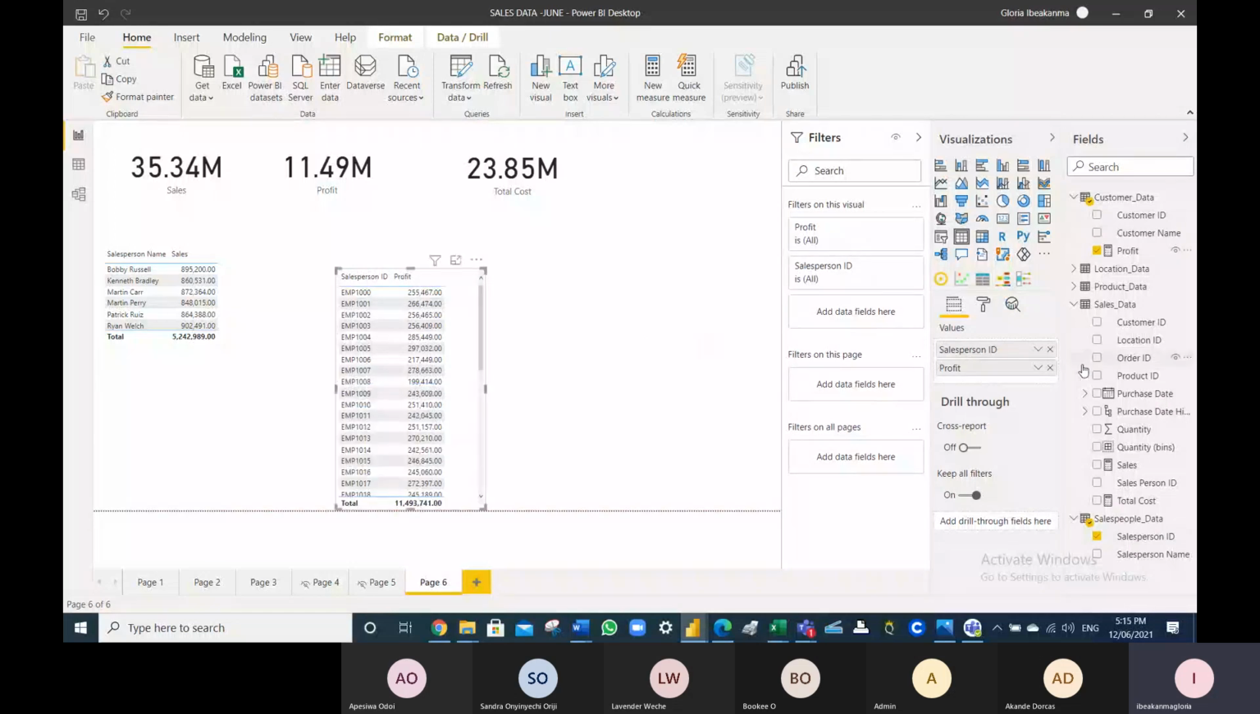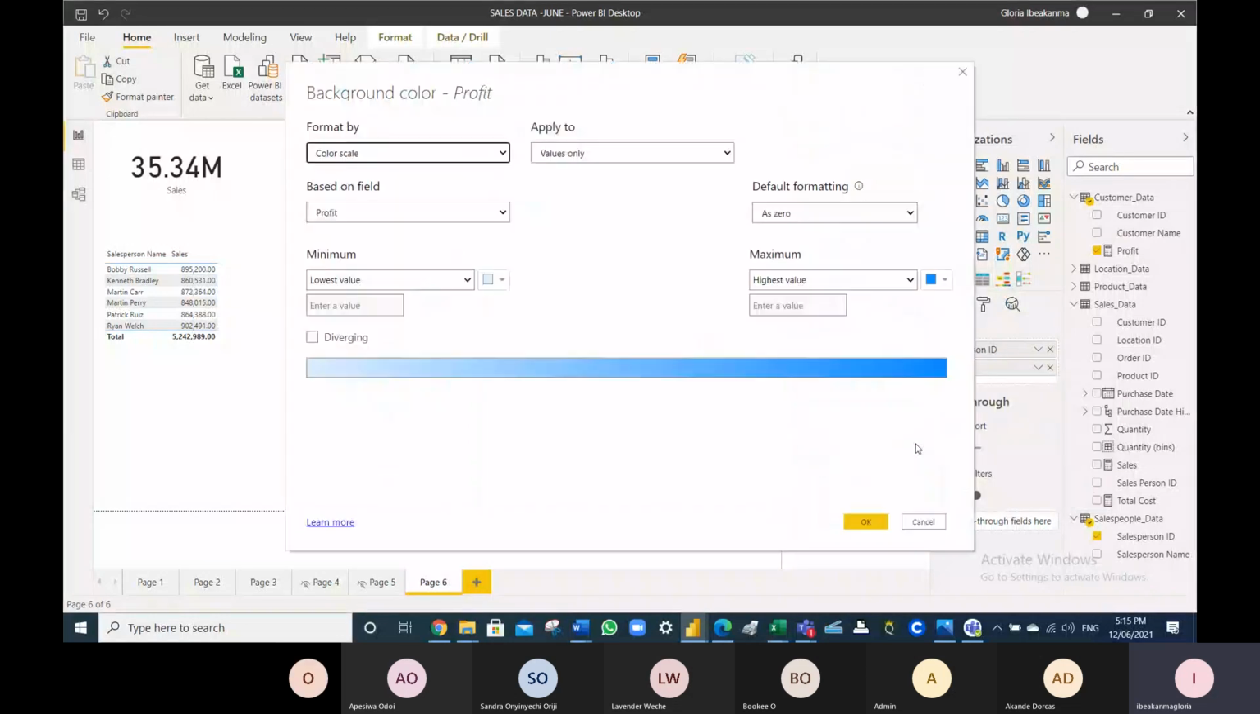So you just come over to your visualization, whichever one. So we want to check the profit. You see these icons here. So you just move down, you have conditional formatting, and you click whichever one you want to. If we want the background color,